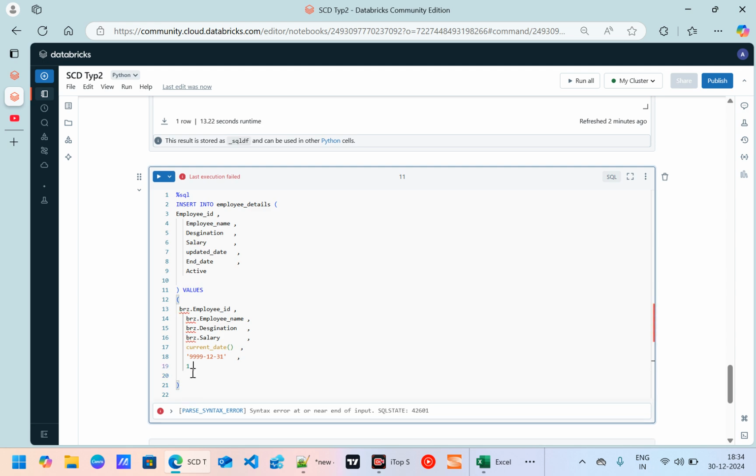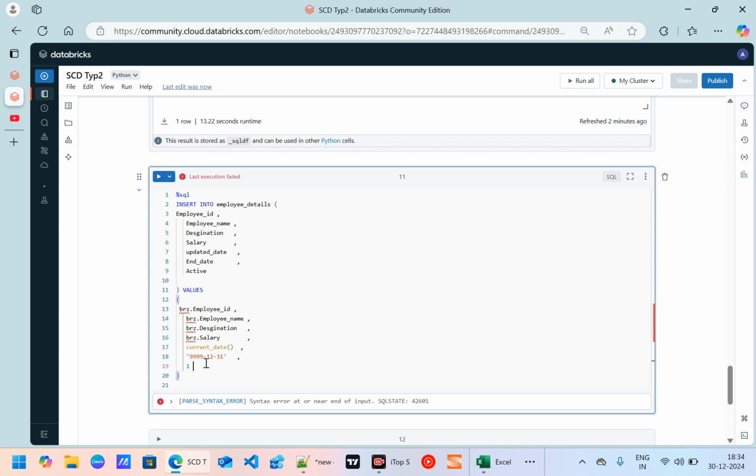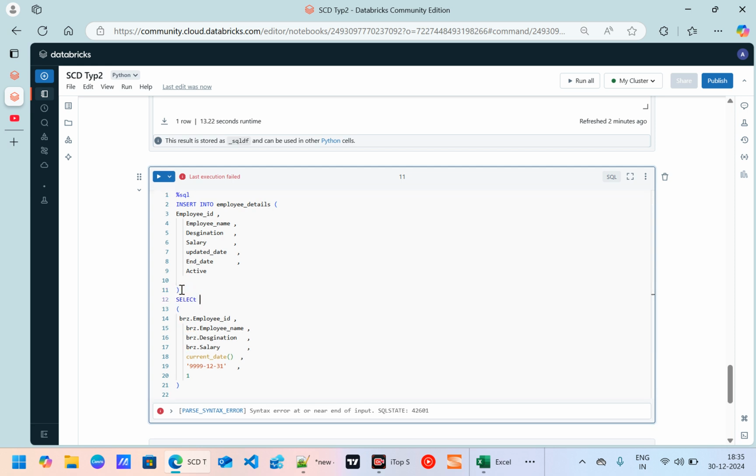Now it is fine, but here you can see it is giving an error. Where is the bronze data? For that we need to do the join here, correct? We are inserting into the employee details table, and it needs to take from the bronze table. Okay, select